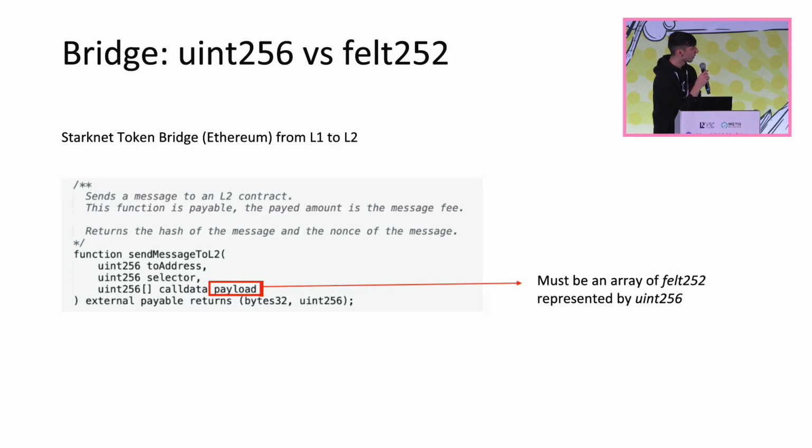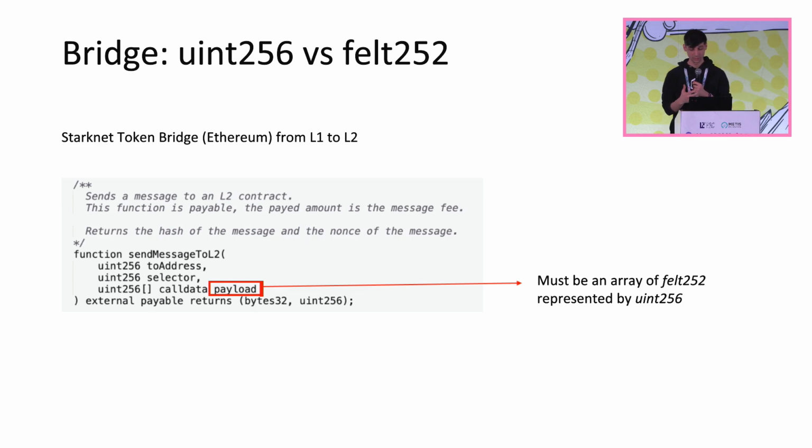Now a small note about bridges. So the StarkNet token bridge from L1 to L2: the interface on L1 expects a uint256 array of payload. However, the array must actually be an array of felt252 represented by uint256